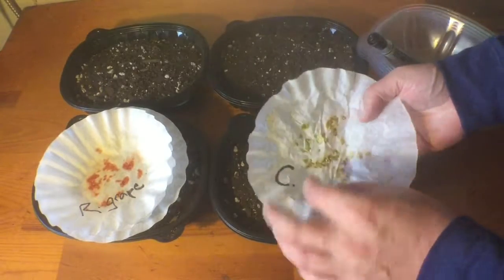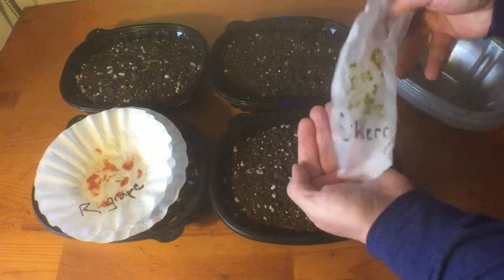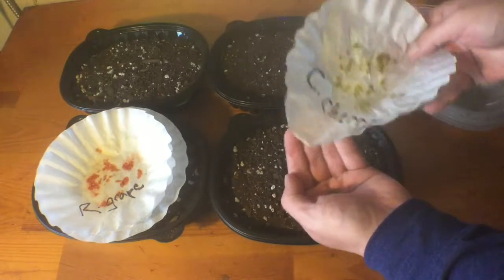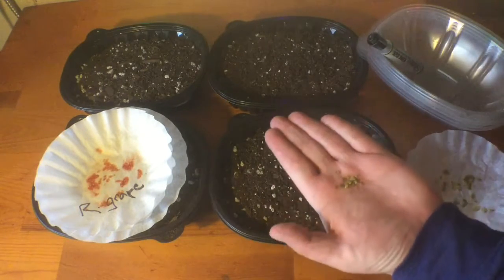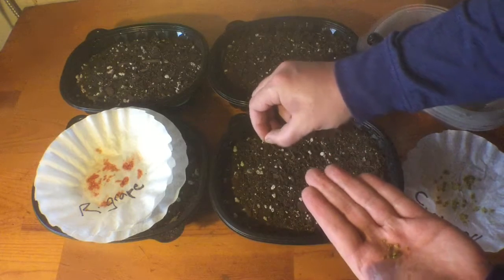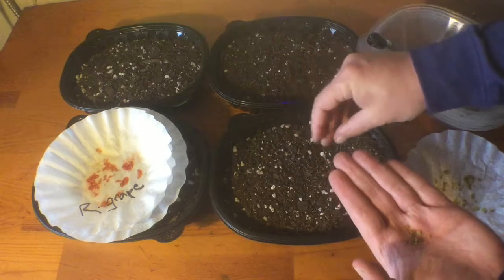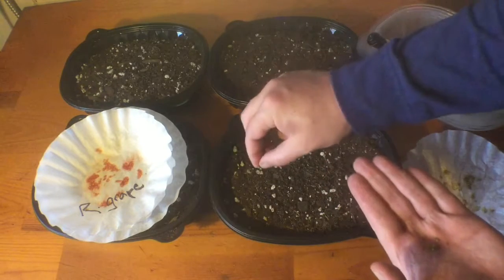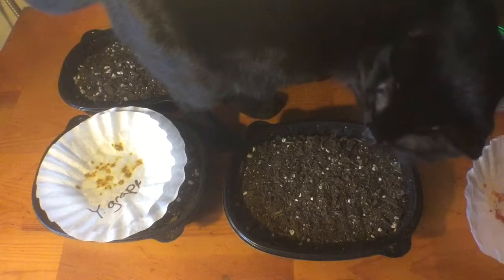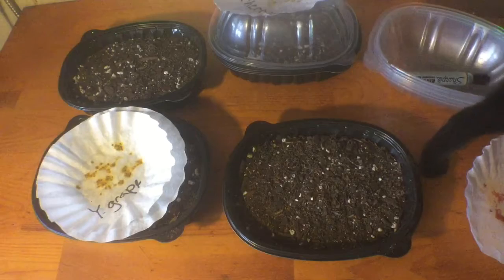So I'm going to start with these chocolate cherry tomato seeds and just pick them right off this coffee filter. And I really want these to take off. I know regular red cherry tomatoes are easy to find, but you don't often see these chocolate cherry tomatoes. They look kind of like purple Cherokee. The cat is approving my work so far, and